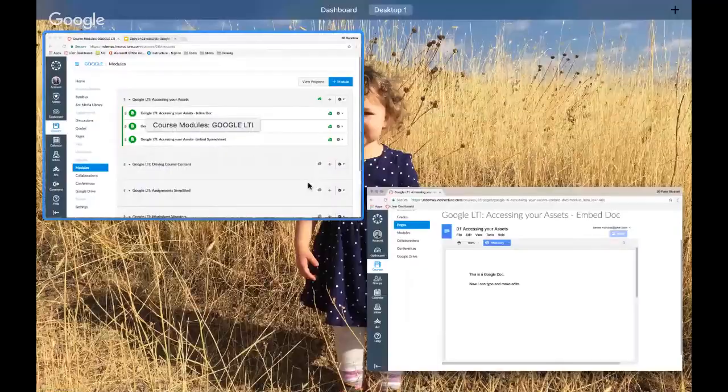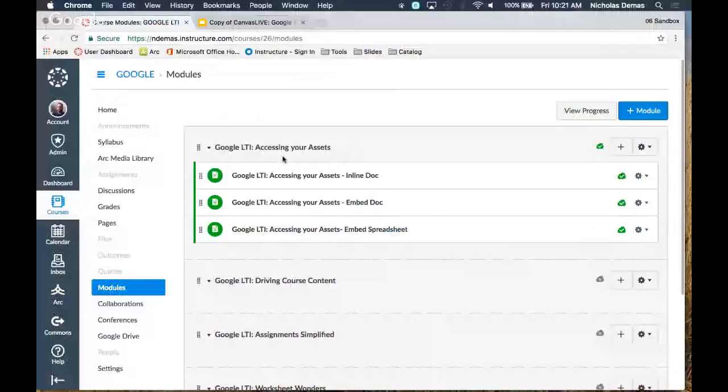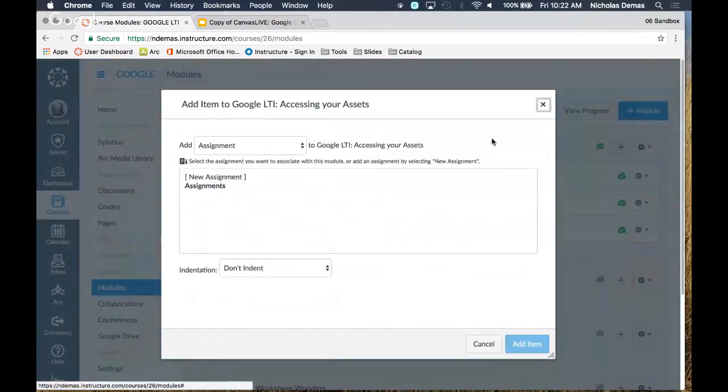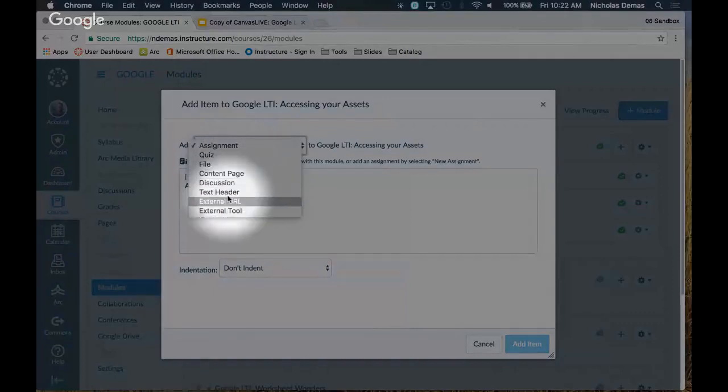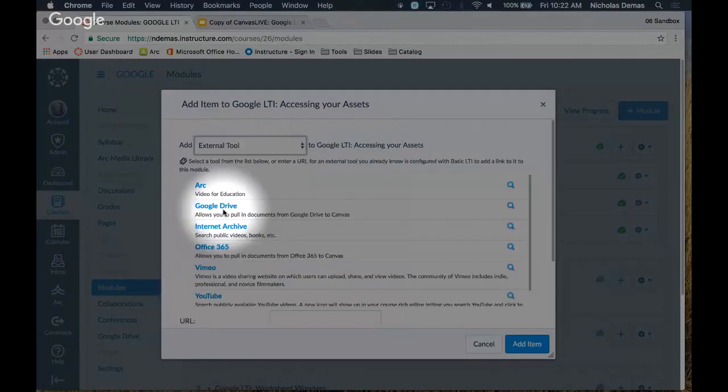All right. So the last piece we wanted to showcase, we've added a few pieces of documents. We've done the link. We've also provided the embed. So let's actually go in and use modules now and build it through a module. So I'm going to the plus module within the module. And in the pull-down menu, I'm going to select External Tool. And this will give me access in my external tools to take a look at all those different external tools,